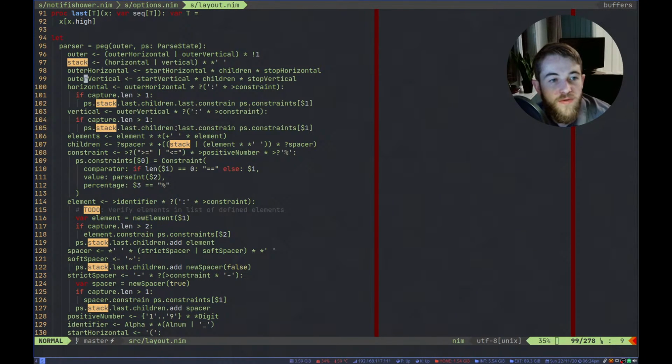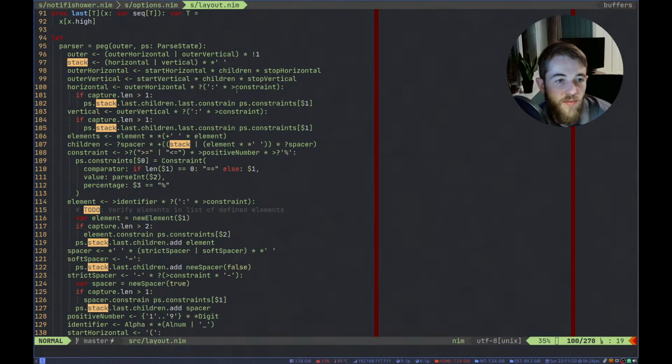Anyways, yeah, so the stack, horizontal or vertical, followed by spaces. Outer is the start of a horizontal, followed by children, followed by the stop of a horizontal. And these are just like the normal parentheses and the square brackets. Yeah, so this is the rule that actually adds something.